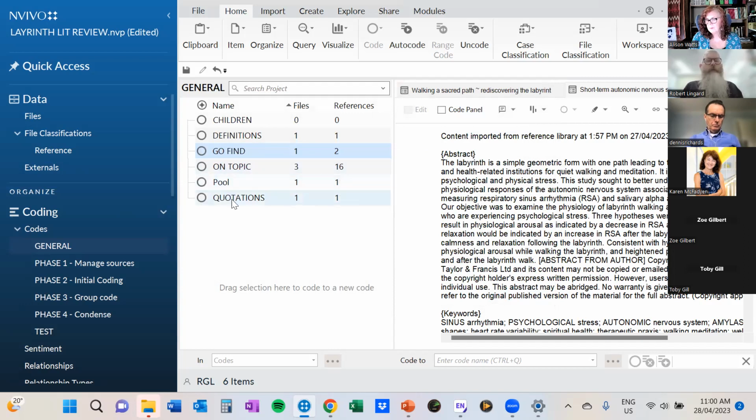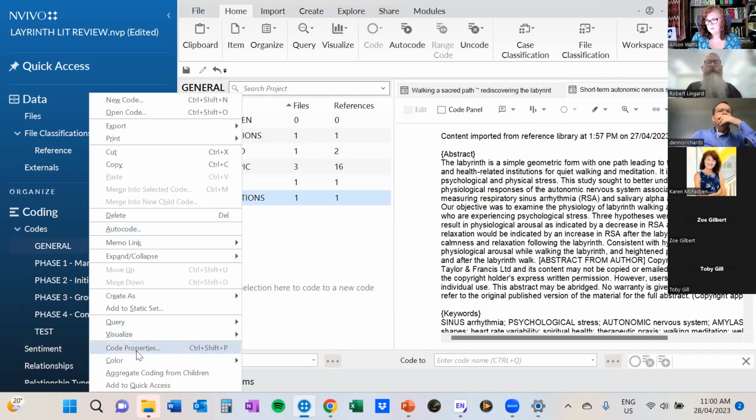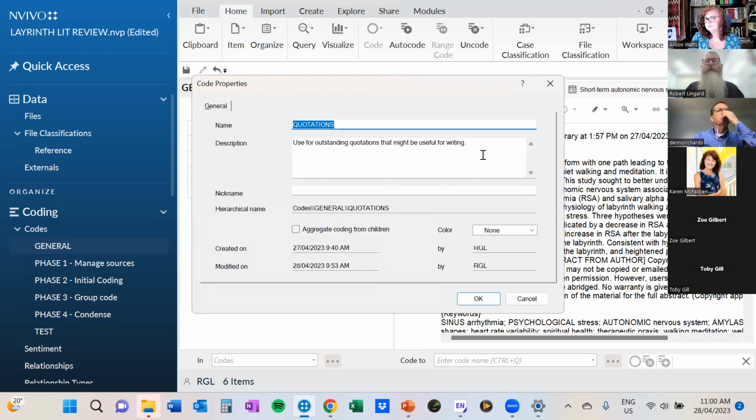There's another one that I think is really important for your literature review, also for your research project proper, and that is one called quotations. So look, I'll right click on it, go down to code properties, and you can see I've got a description there as well. Use it for outstanding quotations that you think, wow, this is really good. I don't want to lose this. I'm going to come back to this later when I'm writing up this section. Or later on, you might come back to it and say, well, actually, it wasn't so good after all. And then you delete it, but you haven't lost it. So in your general folder, set up a code for quotations,